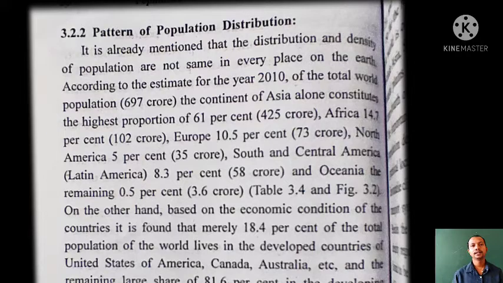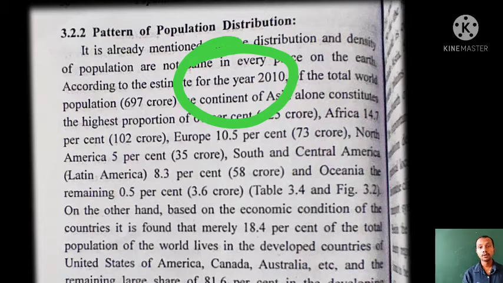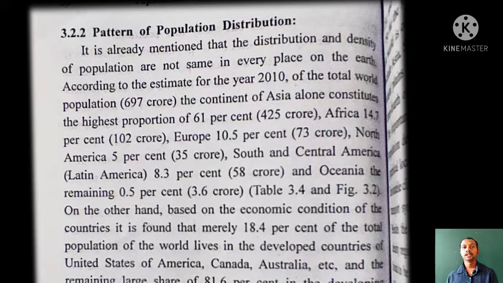The reason behind it is the factors influencing, factors that pull the people, attract the people to a particular place. There are some good factors which bring the people closer. There is the availability of good climate, availability of some resources, that way. So just to make it more clear, we can have a look at the data of 2010, where the whole world's population is given as 697, okay, and it is getting distributed to different parts of the world.